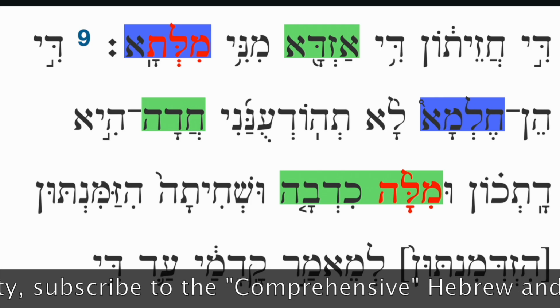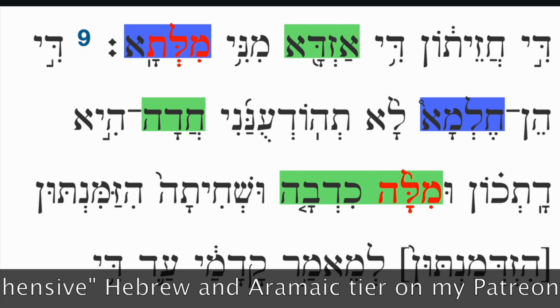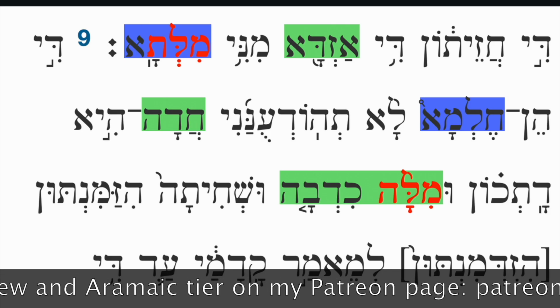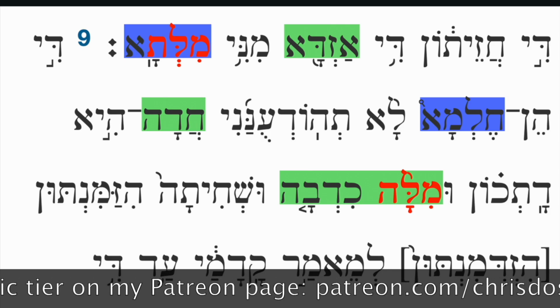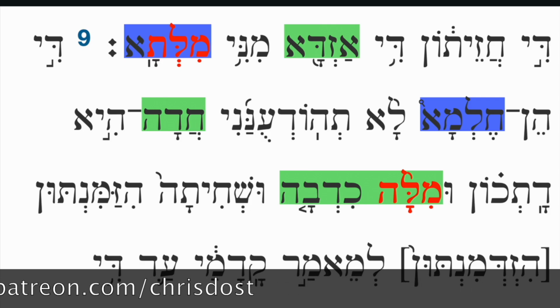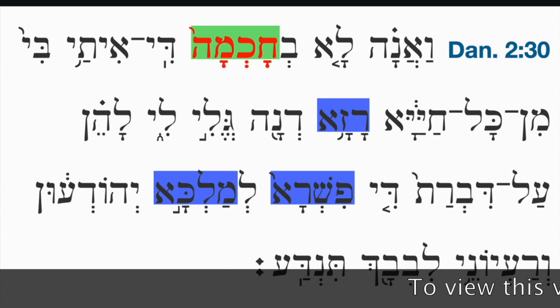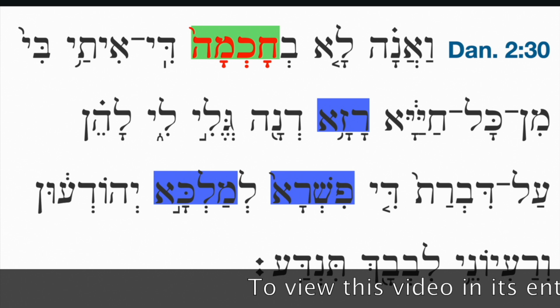And so in Daniel 2:9, 3rd line down in red, you can see the word umilah. And milah means thing, word, affair sometimes. What does it look like in the feminine singular determined form? Well, that's the second to last word in the first line, the last word of verse 8, milta. But we've seen that already. Let's look at some other examples. How about the word chokhmah for wisdom, chokhmah?